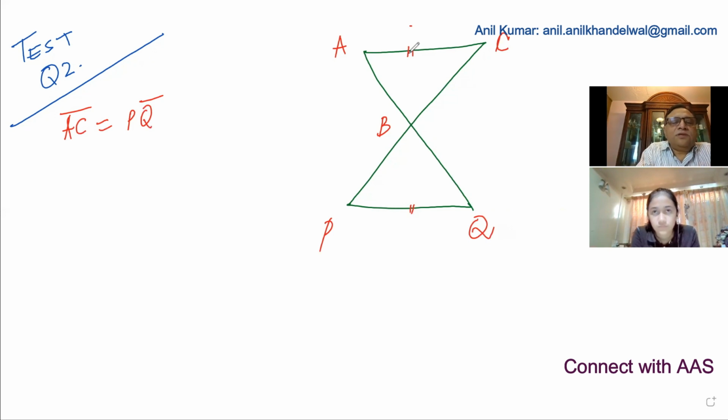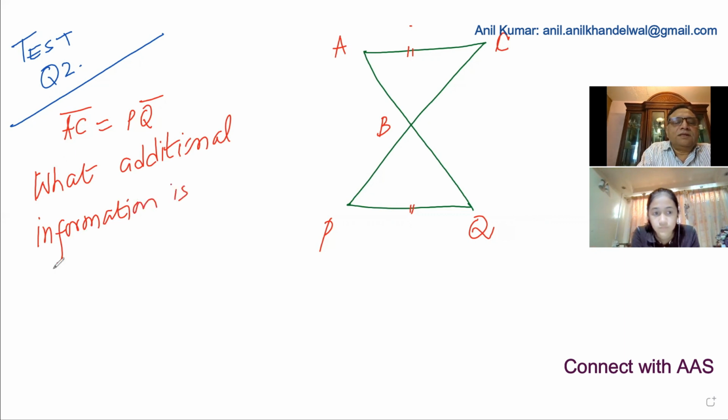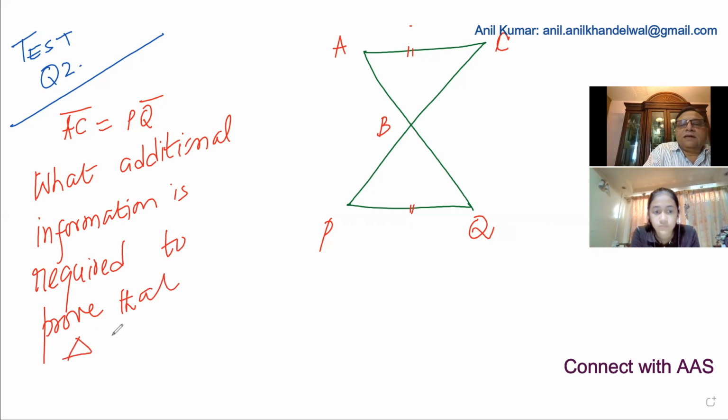Now, you have to tell me what additional information is required to prove that triangle ABC is congruent to triangle, okay, let me write PBQ,